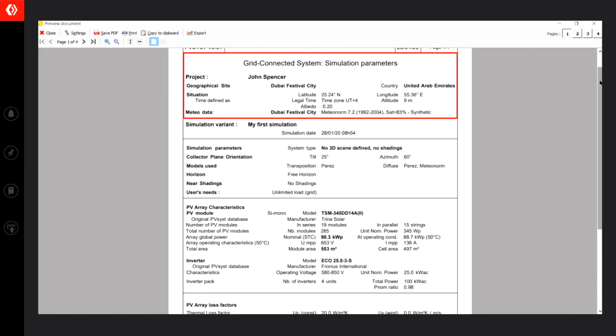Apart from that, the next section is the simulation variant. We have named this particular variant as my first simulation. But when you get more acquainted with PVSys and perform complex and more advanced simulation, you can use this simulation variant for naming your projects. For example, let's say we were doing a couple of projects, one with a Trina